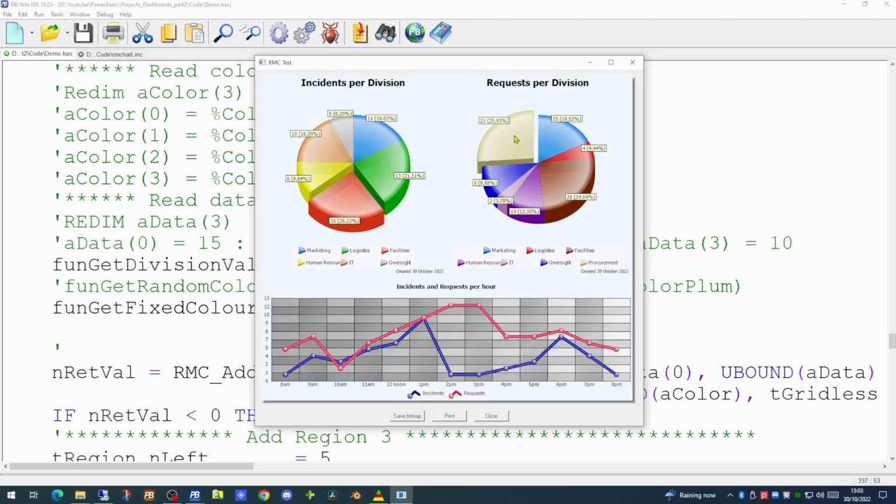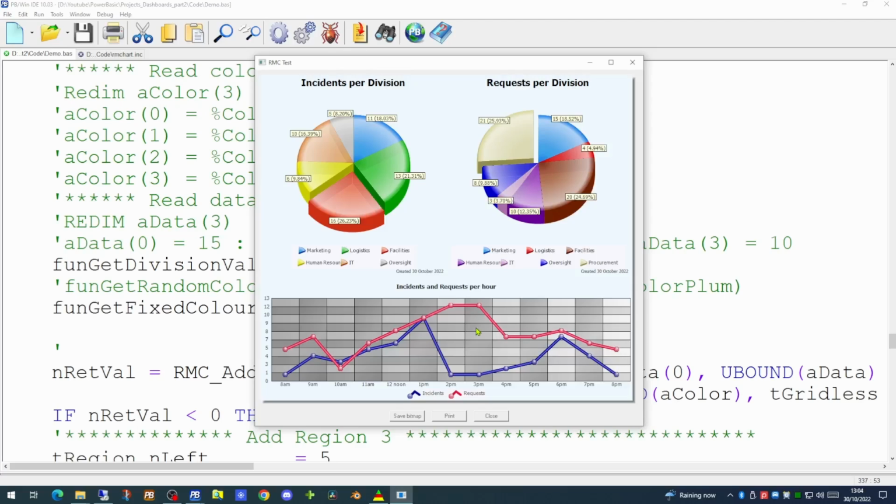So now we've shown some customization of the two pie charts, taking their data and their legend information from a flat text file. You can of course replace these functions with functions of your own, which take the data from anywhere else, perhaps from elsewhere in your application or from an entirely different system or a SQL database. We're going to do the same for the grid. However, we'll do that in a separate video.